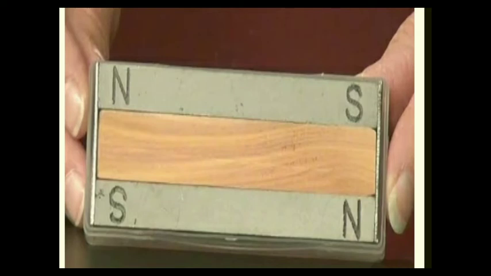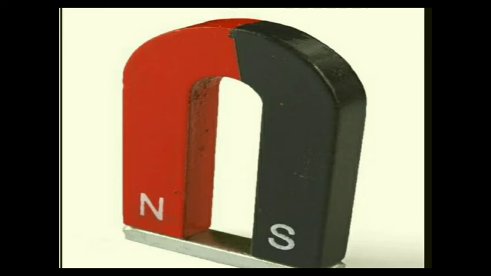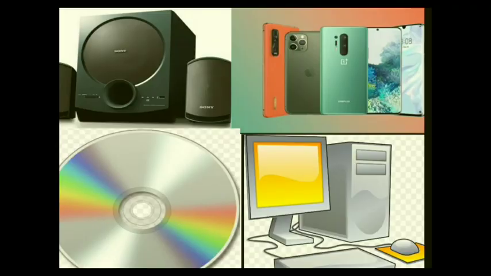To keep them safe, bar magnets should be kept in pairs with their unlike poles on the same side. As you can see here, they must be separated by a piece of wood, while two pieces of soft iron should be placed across their ends. For a horseshoe magnet, one should keep a piece of iron across the poles. Always keep the magnets away from mobiles, television, music system, CDs and computers.